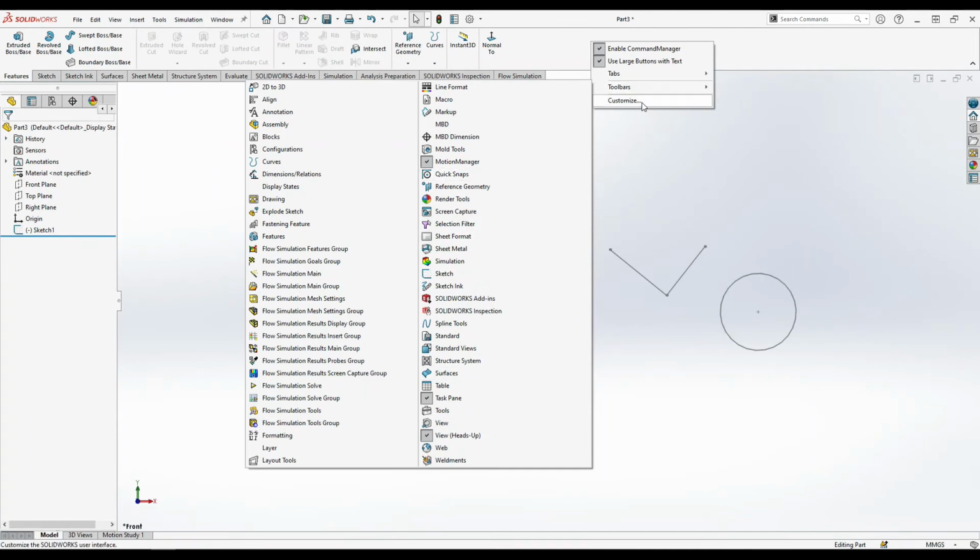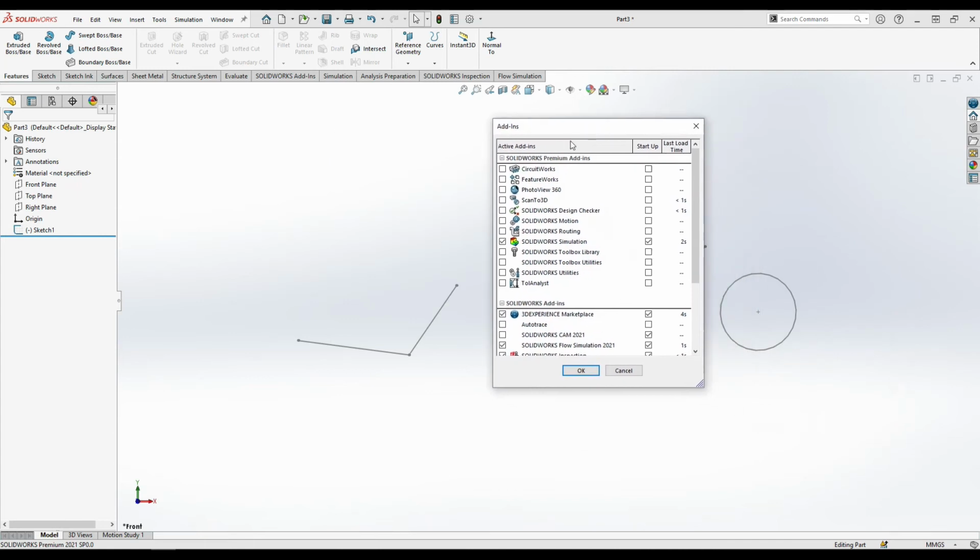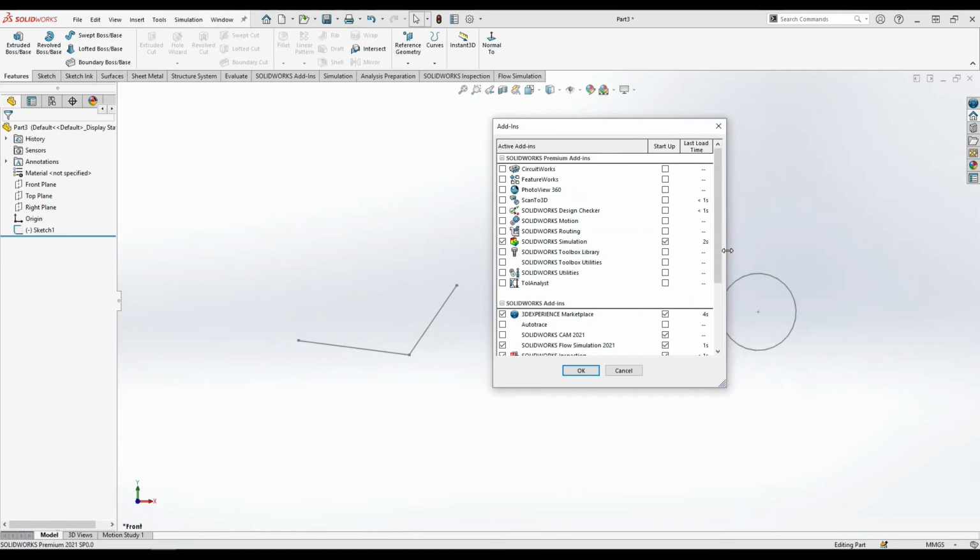Next is customize. I already explained about this. Once you click the settings in these options, these are the options like customize, add-ins. Once you click the add-ins, the same options will appear here, like SolidWorks Simulation and so on.